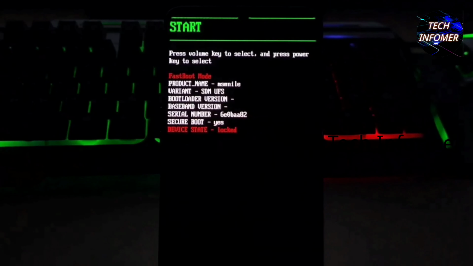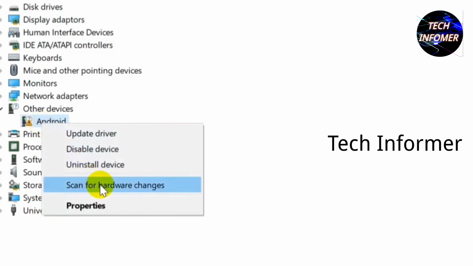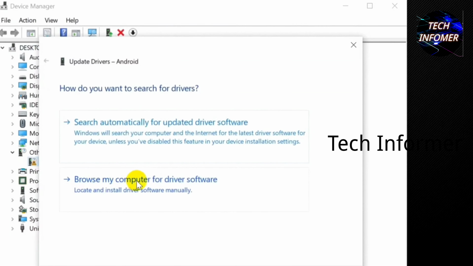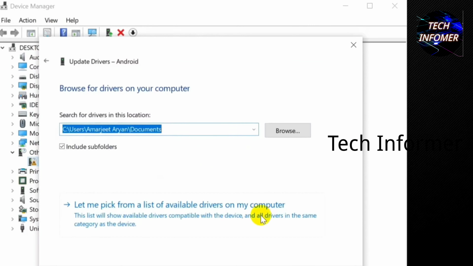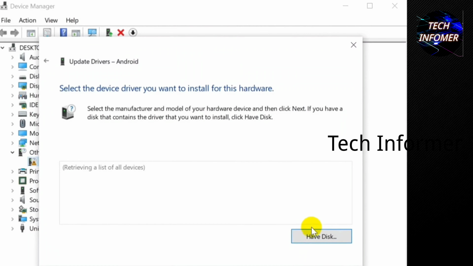If you have not installed drivers, then open device manager, click on Android and tap on update drivers, in which you have to select browse my computer for drivers. You have to select the drivers where they are located and just click on OK. Just select Android ADB interface and click on next, then select install. Then this page will refresh for a while, indicating that your phone drivers are installed successfully.